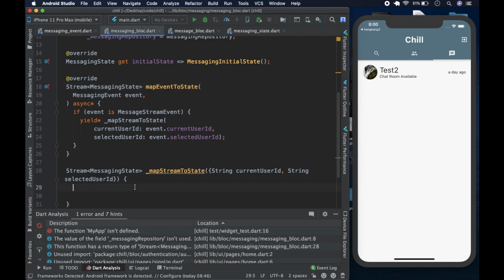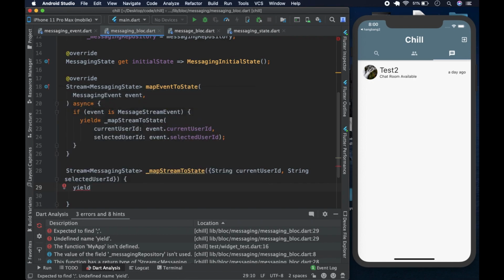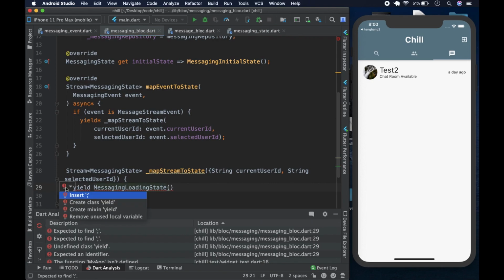And we could come here to selected user ID, and after that, the first state we're going to yield is the messaging loading. Wait, are we in the, yeah, we're supposed to yield, the first thing is messaging loading state, like so. And why is this complaining? Let's put in a semicolon,